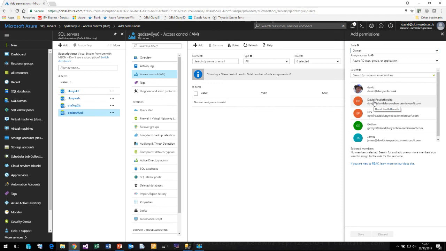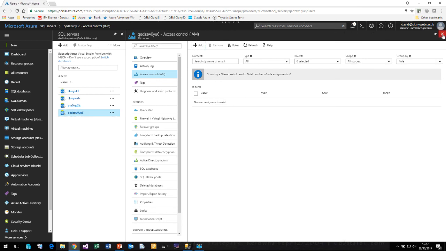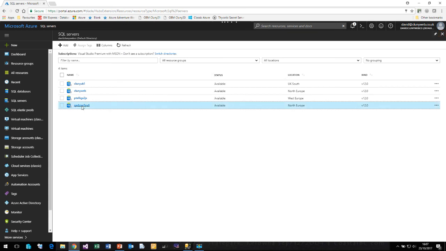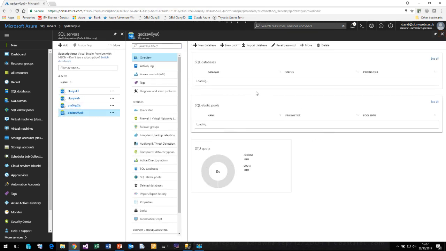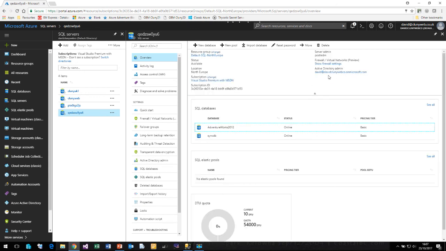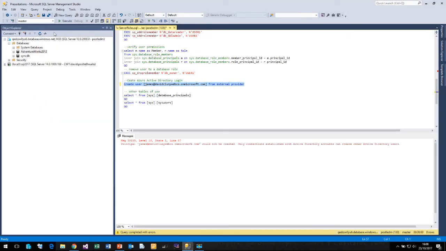But before you can assign Active Directory users permissions to a SQL database, you need to make one Active Directory user an owner of that Azure SQL Server. And I've already given David at David Clooney Web Co database owner permissions, as you saw on the screen back here. If we click on there again and go to the overview, you can see that the admin is already set up for that. So if I go back to Management Studio and I log back in,